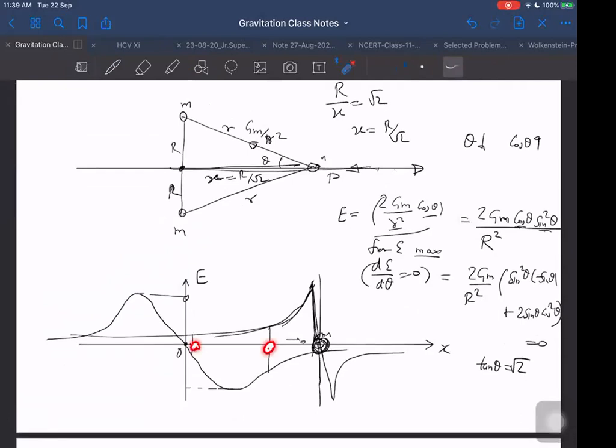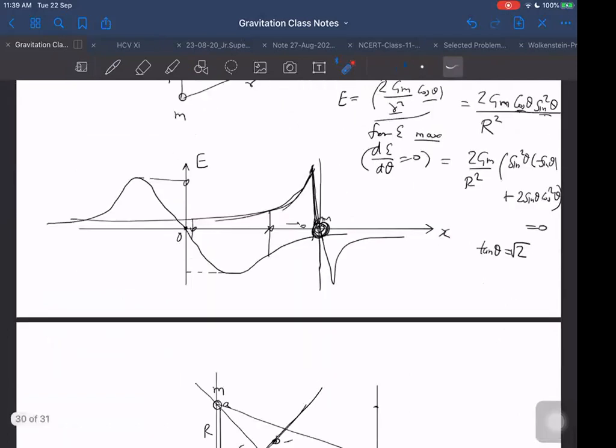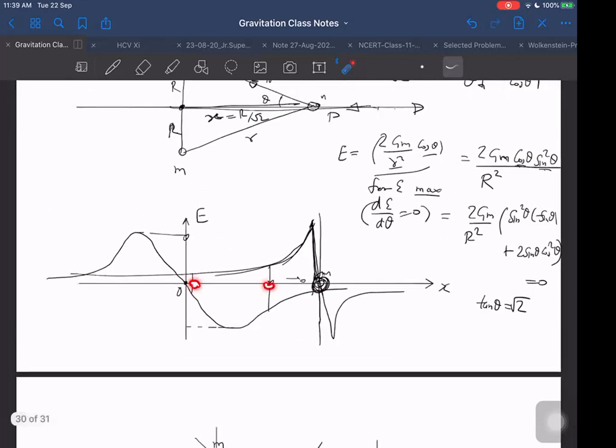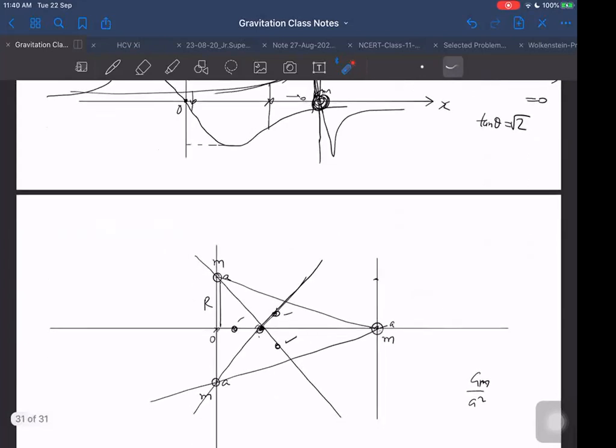One is here. And this one which is here, that is inside the mass only. That is within the mass itself. That we are neglecting, within the mass. Outside the mass, it will not be possible. It will be there, yes, I agree. One here, and one is within the mass. But that within-the-mass part I am neglecting now. I am taking outside the masses. How many will be there? Outside the mass, 1, 2, 3, 4. Outside the mass, there will be 4 null points.